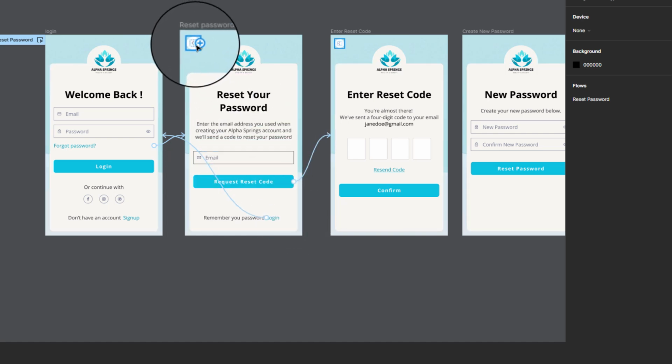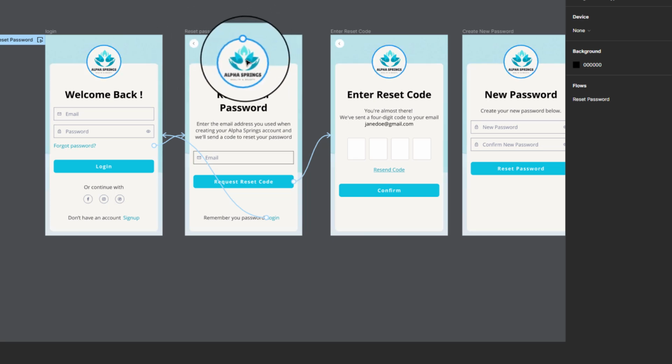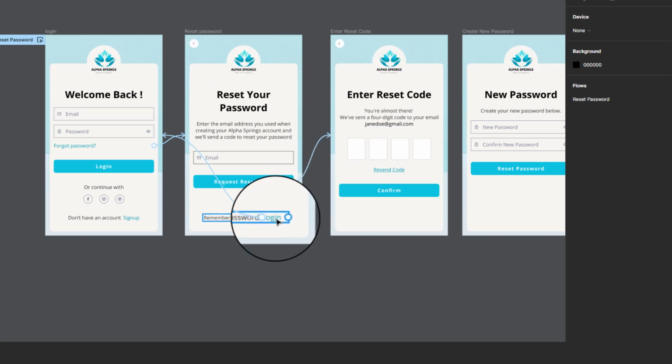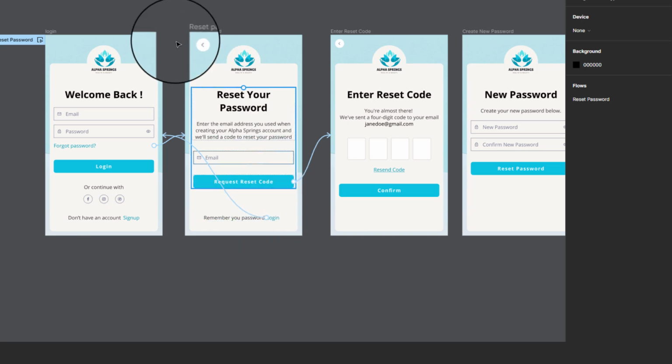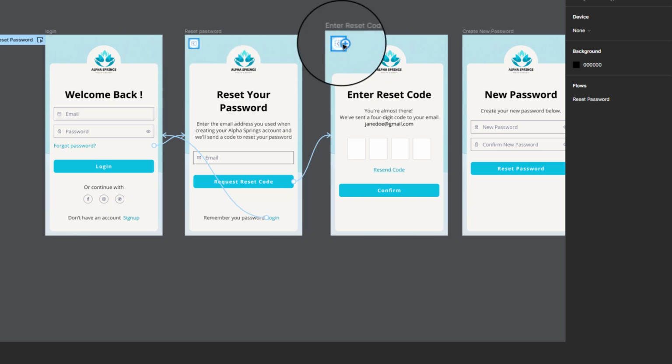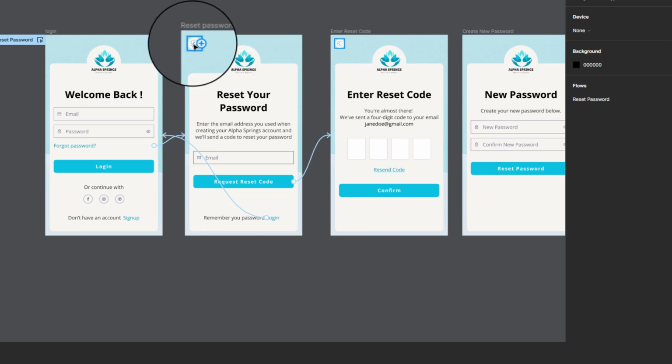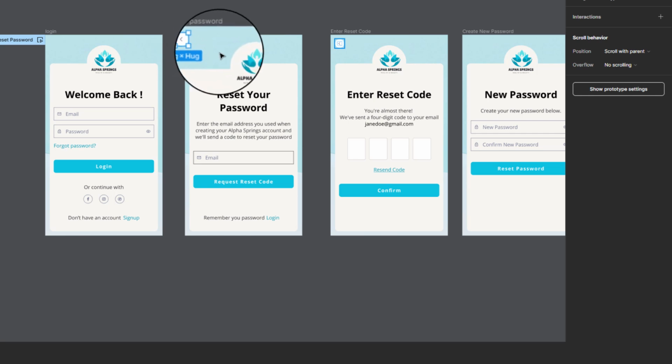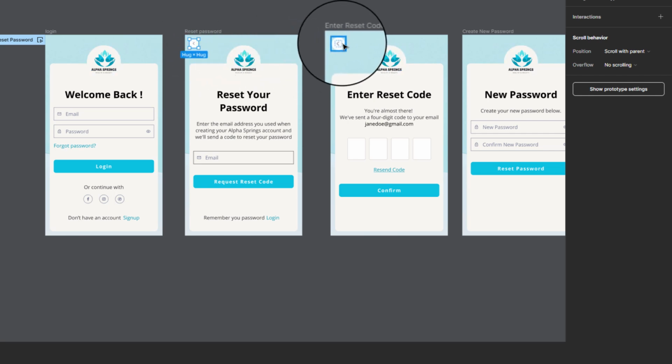Now the last thing we're going to do on the screen is to make sure that if I'm also on the screen and I want to go back, I can either tap on the login link here or I can tap on the back button here. So since the back icon here and the back icon here are going to have the same functionality, we're going to apply the same interaction to them. So we're going to select both. Select the first icon, hold down the shift button, select the second icon,